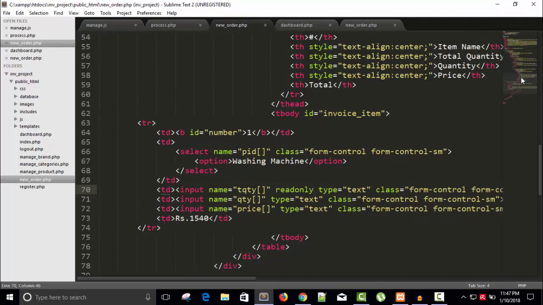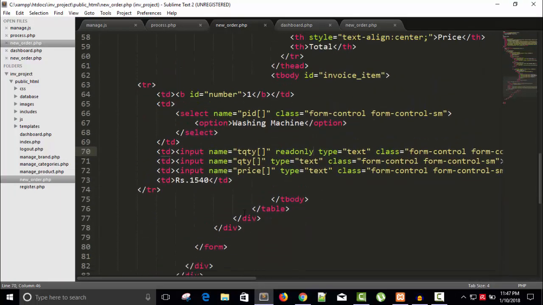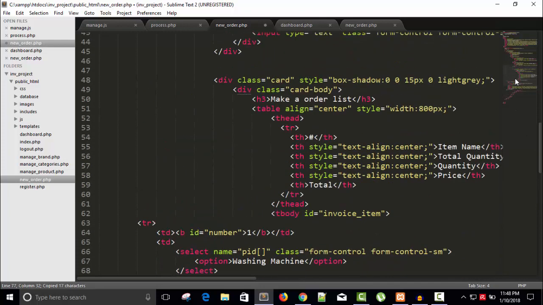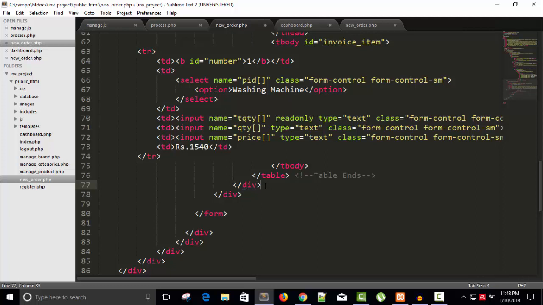And finally, not finally, we need buttons. So here table ends, and after the table this is the card, here card ends, right? Table ends. What's this? This is card body, right? So this is card body end. And in between the end of table and card body end, I'm going to write a center tag,